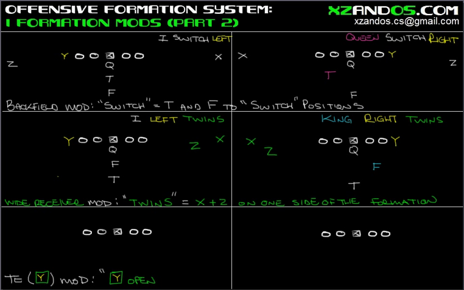And basically what a Y open does is it splits the tight end off of the end man of the line of scrimmage, which will become the offensive tackle. So the tight end splits the difference between the offensive tackle and near